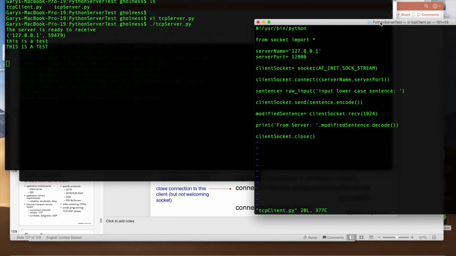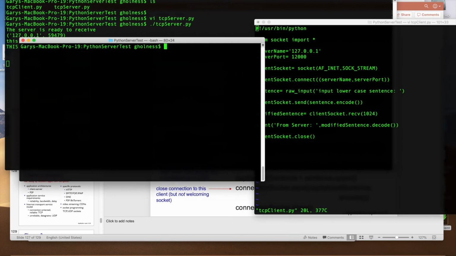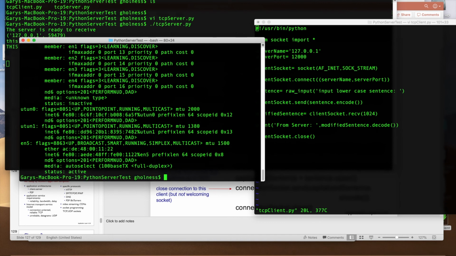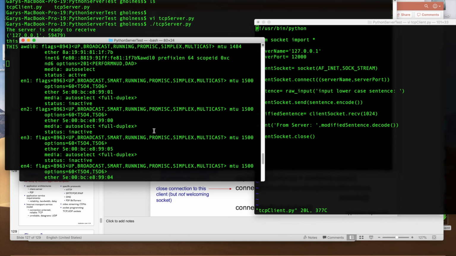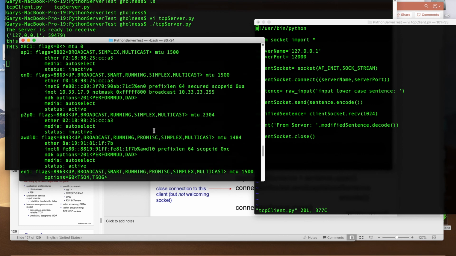Yes, question. The IP address, I did in the command line ifconfig -a, and it gives you all of the addresses associated with every interface on your machine. And so you bring up a terminal window. I think on Windows it's ipconfig or something like that, but you can Google search it and find out.